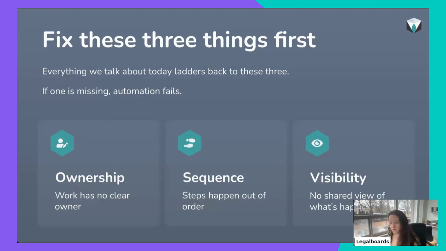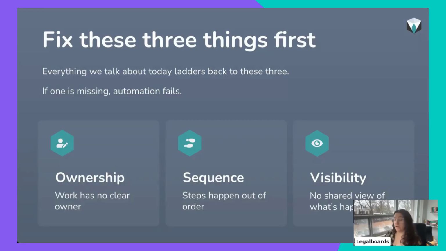Okay, so let's talk about the three concepts that I'm talking about here. When firms came to Legal Boards and tried to implement their workflow, those are the three biggest packages of issues we saw that struggled the most to get into automation.